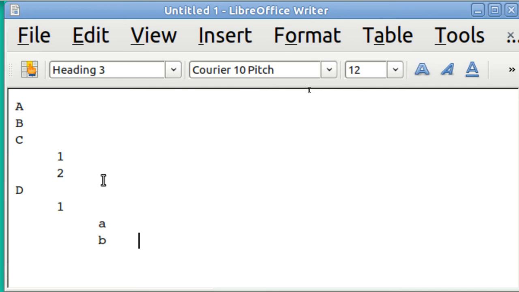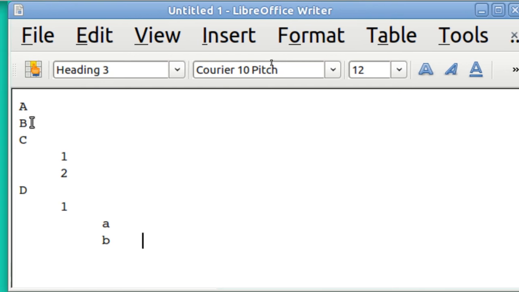There is another thing you can do. You can show the levels. This one doesn't show the levels right now. It just shows A, and then by position only it shows 1, 2, and 3, and then by position only lowercase ABC. But if you want to, you can go back up here,